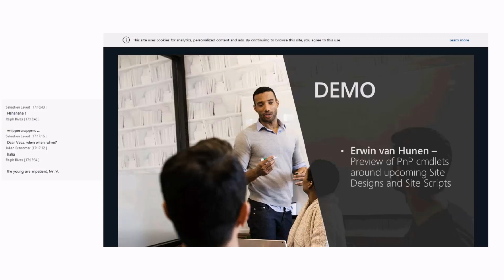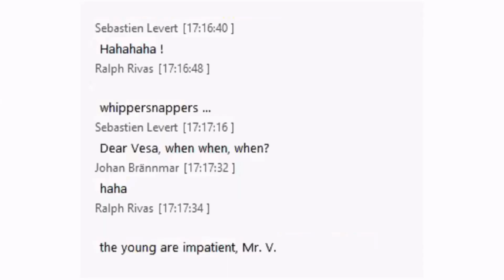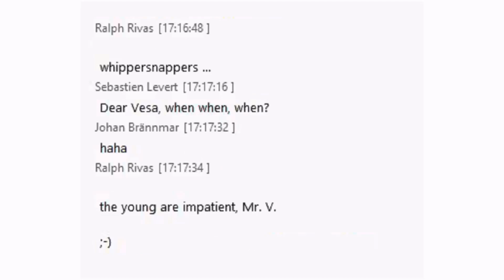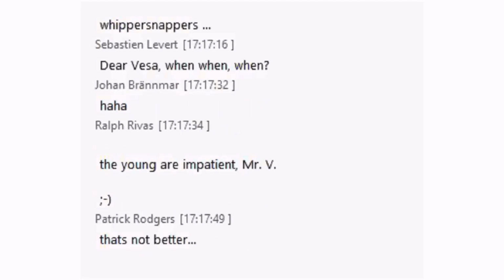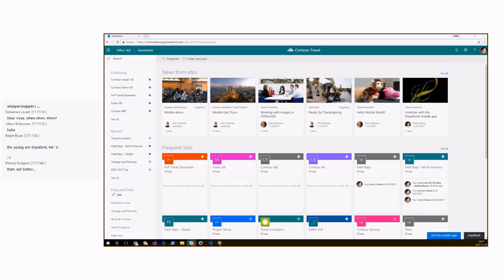Right. So site designs. Most of you probably have seen them already at work in demos that Vesa or I have been doing. We did it in the keynote in Dublin at ESPC. We demoed it in Ignite. Just to briefly explain again what a site design is. It's something that kicks in the moment you create a modern site, a team site or a communication site.